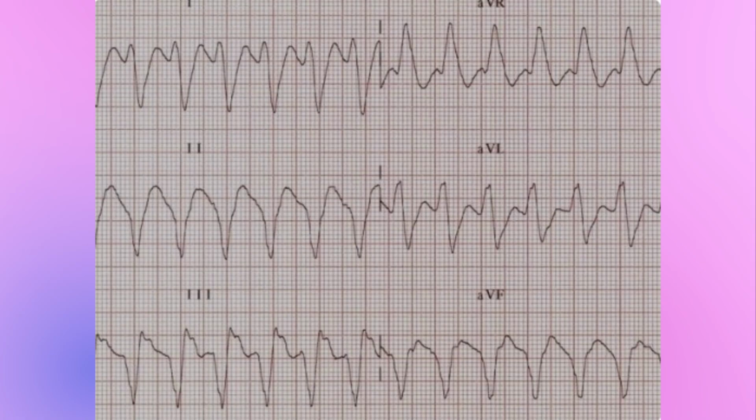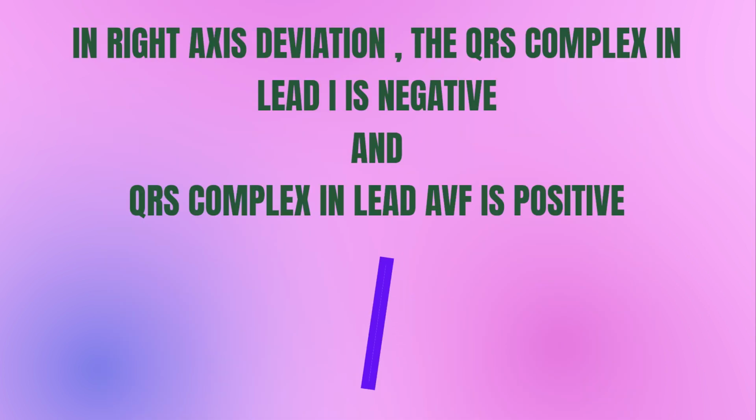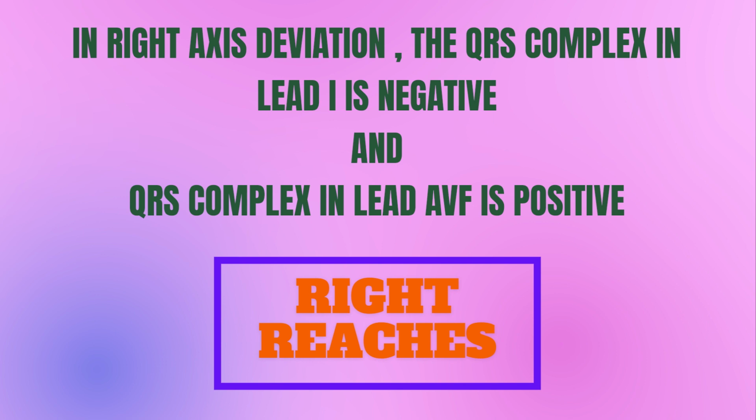This is an ECG showing ventricular tachycardia. Here the QRS complex in both lead 1 and lead AVF is negative, indicating extreme axis deviation. In right axis deviation, the QRS complex in lead 1 is negative and QRS complex in